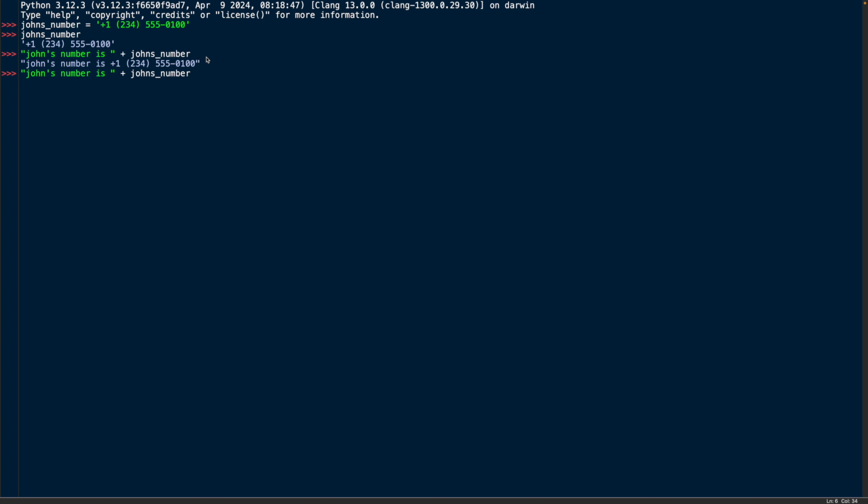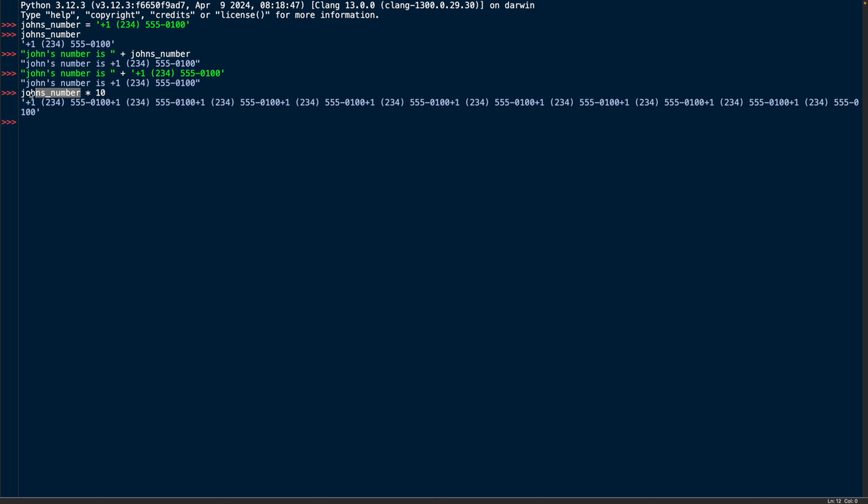So this entire line essentially becomes this. And we've already seen how you can concatenate two strings together. Now, just like we could do string concatenation, we could also do string repetition with John's number. So basically, anything you could do with strings, we can also do with this variable